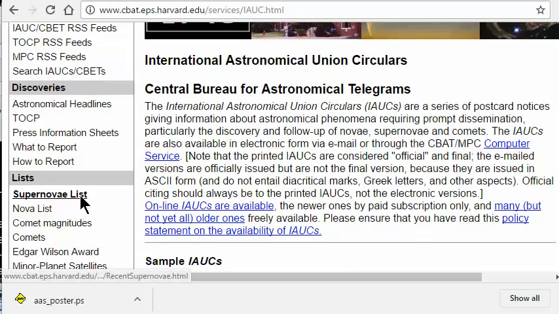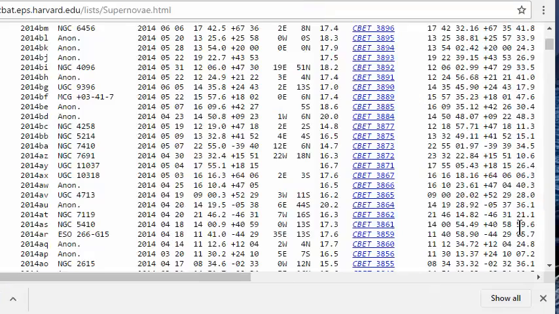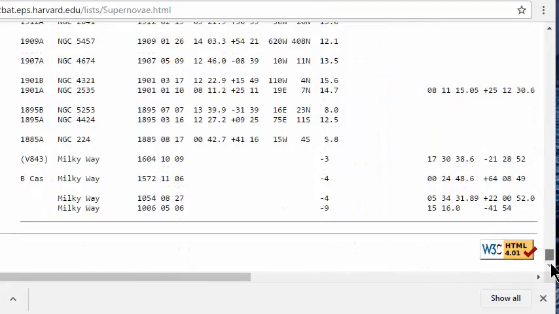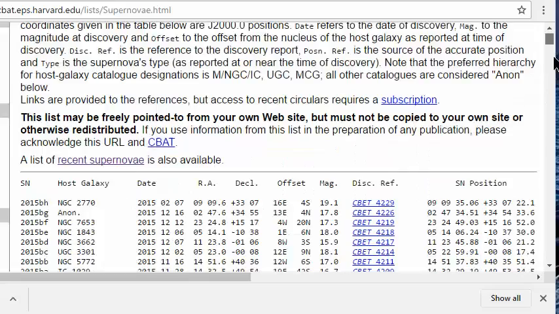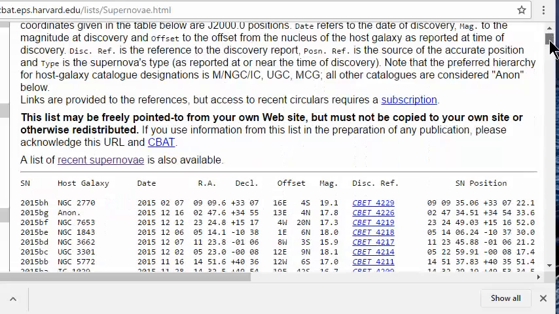And if we come down here and click on Supernovae List, now we click on All Supernovae, we see that there's a fairly vast array of supernova data, all the way from 1054 AD, actually 1006, all the way up to 2016. Yes, 2015.